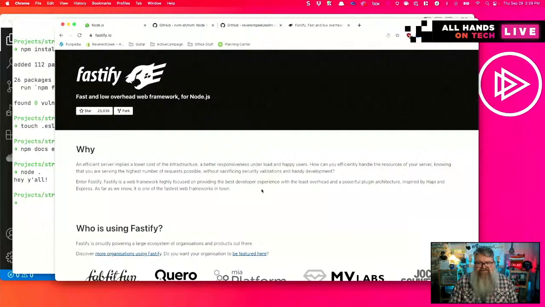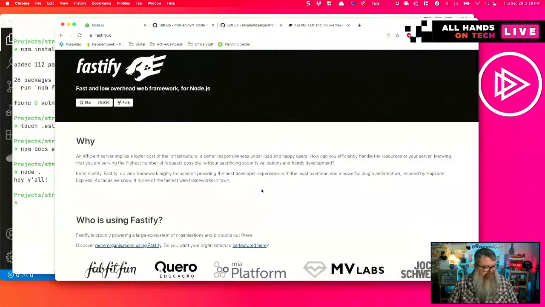Hapi also happens to be a web framework that I have used quite a bit, and I really like it. I think it's an awesome alternative to using Express. It's a little bit more opinionated than Express, and I think I agree with the opinions that Hapi has. So Fastify saying that they are inspired by Hapi and Express, it was like, well, those are my two favorite frameworks for Node.js. So I'm now curious to see what good parts or things they have been inspired by that have made their way into Fastify.